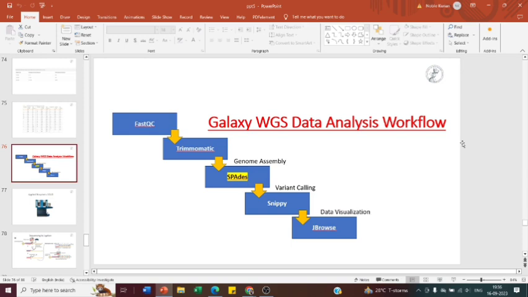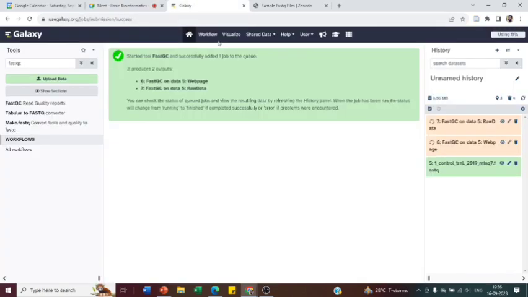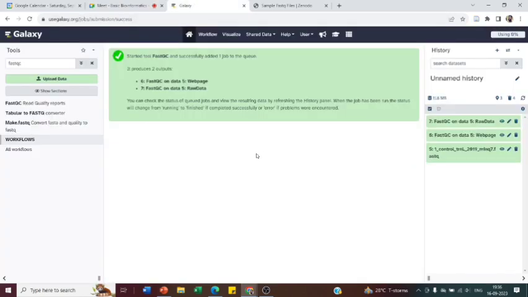So that is what we are doing in Galaxy, and this is what our whole genome workflow is about. People do this with different tools, mostly with command line based tools, which are faster compared to Galaxy tools. You don't need to worry, you can use Galaxy. It will take a bit of time only. You can use Galaxy and get your FastQC, and it is already added to the queue, and it will take a bit of time. We can continue with our